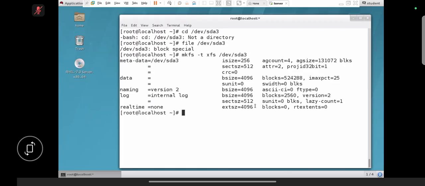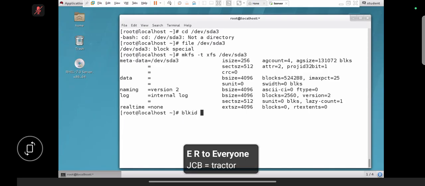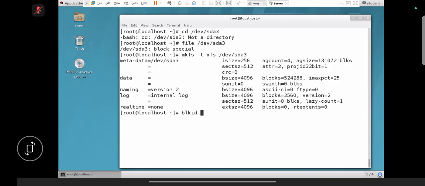Now we have assigned the file system. How to verify whether this file system got assigned or not? blkid. Block ID is a command, or otherwise you can use parted also, it's not a problem. We executed the parted -l command before, right? So that command also you can use. So blkid, block ID, is a command to know the